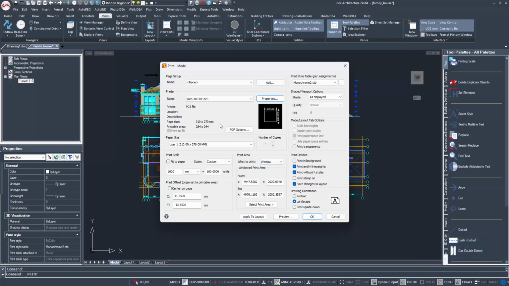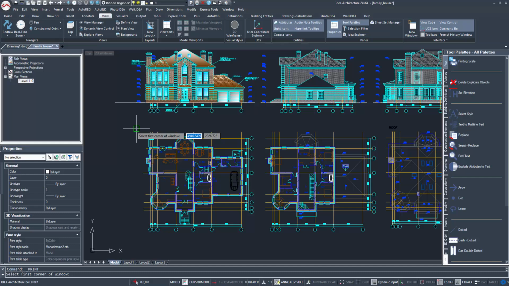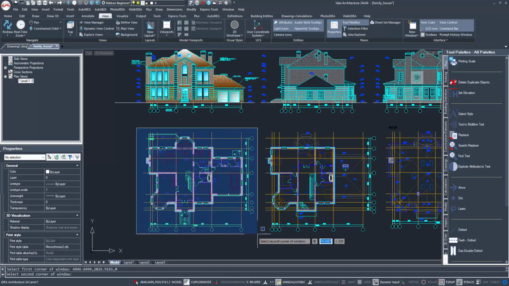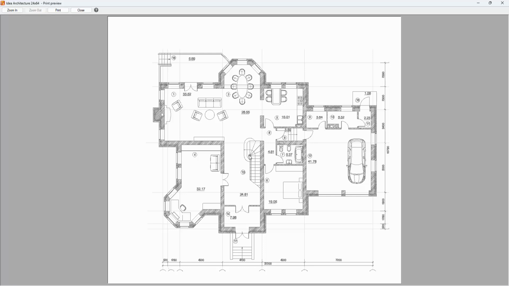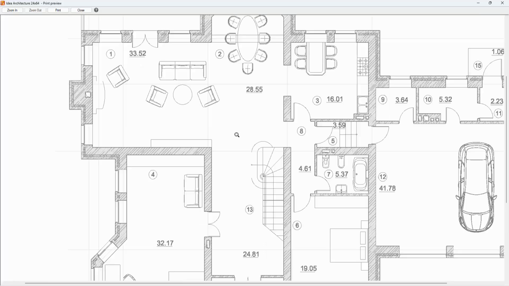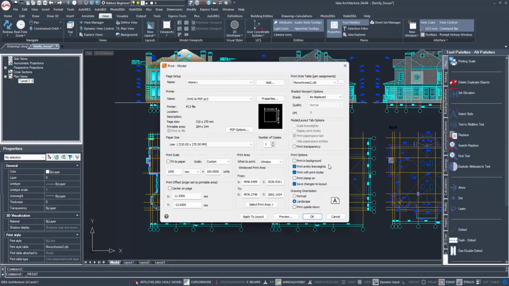I switch to the model to select the drawing I want to print. By applying it to the layout and previewing the printout, I can see the final version of the drawing that will be printed. In this specific case, I am using a virtual printer,